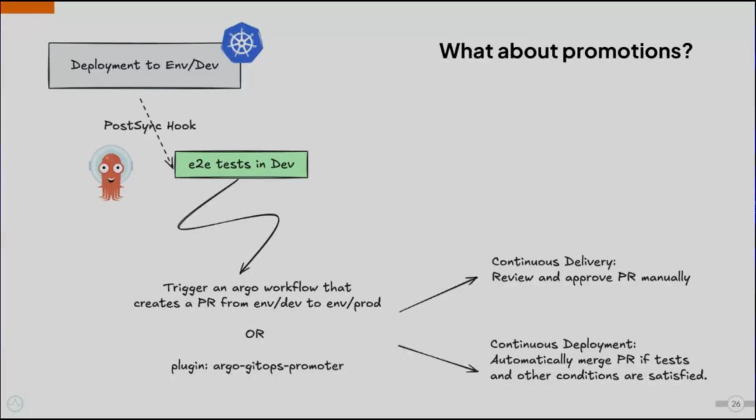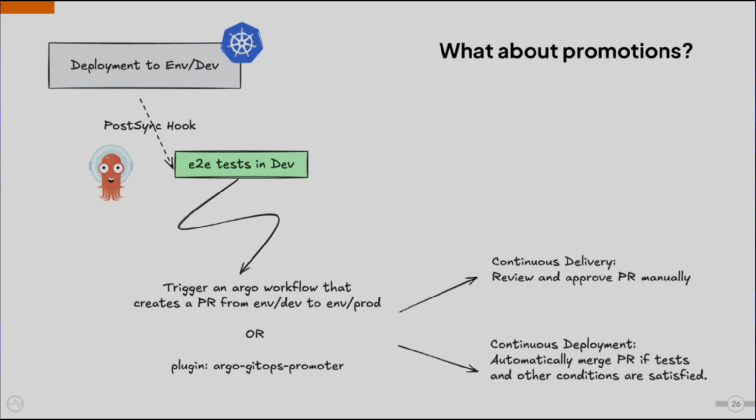again, as an example, is Argo gives you this thing called a post-sync hook. Once your dev deployment is done from the previous step, you can use that to trigger an Argo workflow, again, coming back to CI, to run a bunch of end-to-end tests and acceptance tests, regression tests and whatnot against the environment that you deploy to.